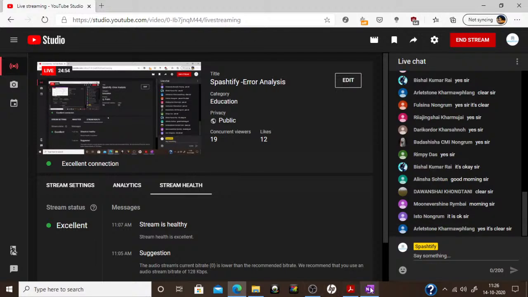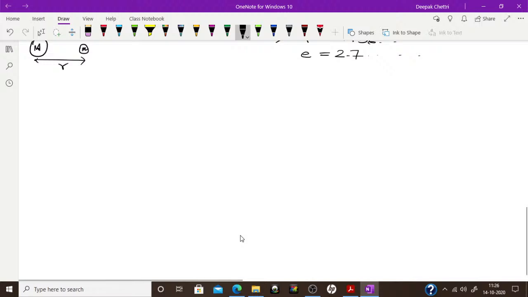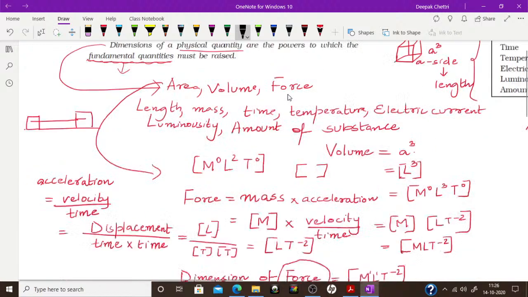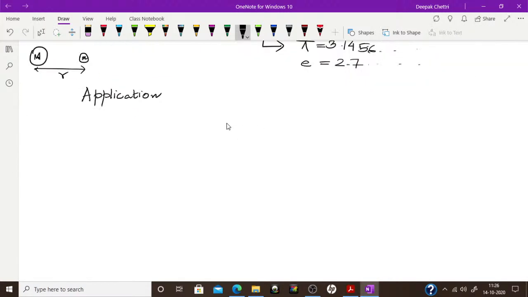Okay, so now we'll learn the three uses, the applications of dimensional analysis. This topic of studying dimensions and using them is called dimensional analysis. The topic that I have written here, dimensional analysis, is the study of these dimensions and their uses. Okay, so applications. Number one, the first application is